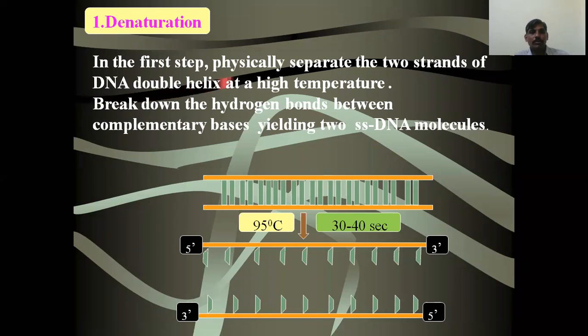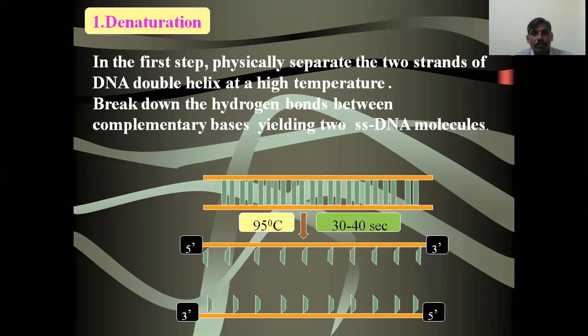So first we explain the denaturation step. In normal replication inside the living cell, a partial separation of the DNA molecule occurs at the origin of replication site. Different enzymes are involved in this process: helicase, SSB proteins, and topoisomerase. These enzymes cleave the hydrogen bonds and separate the two strands of the helix, and they are stabilized by the SSB proteins.